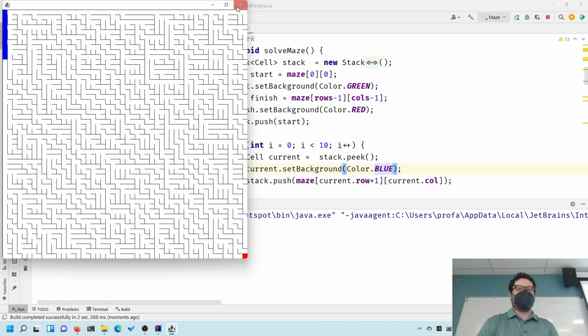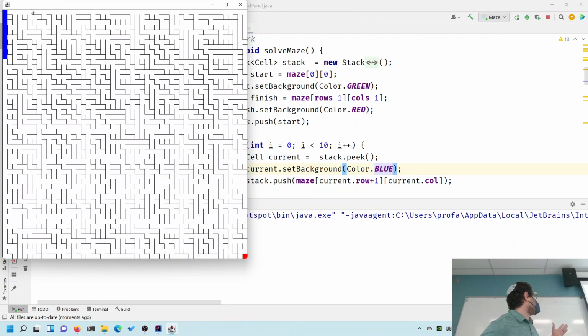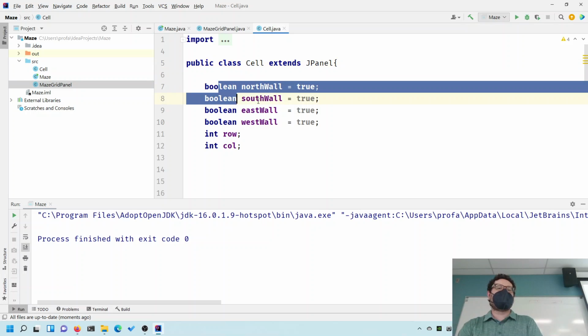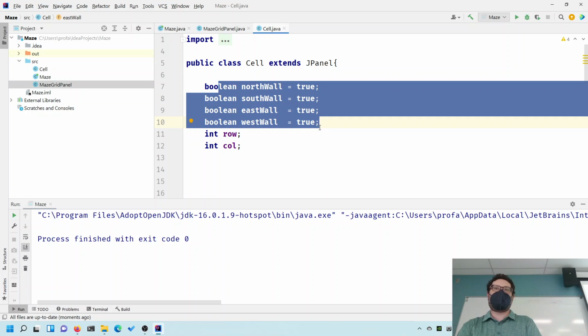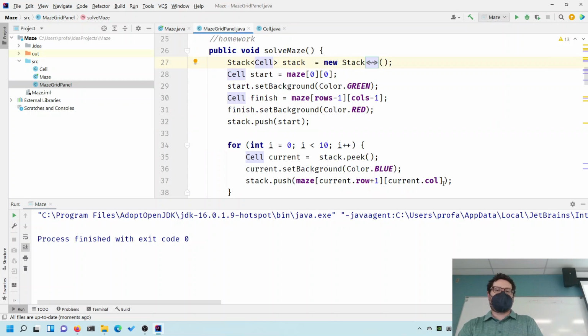Now, one of the dangers you're going to have is going out of bounds. But fortunately, you don't have to check your coordinates to see if you're going out of bounds. Instead, this entire thing is surrounded by a wall. There's a wall here, a wall here, a wall on the bottom, and a wall on the west side as well. So what you want to do is ask, is there a wall? The cells have a bunch of booleans that tell you whether or not there's a wall.